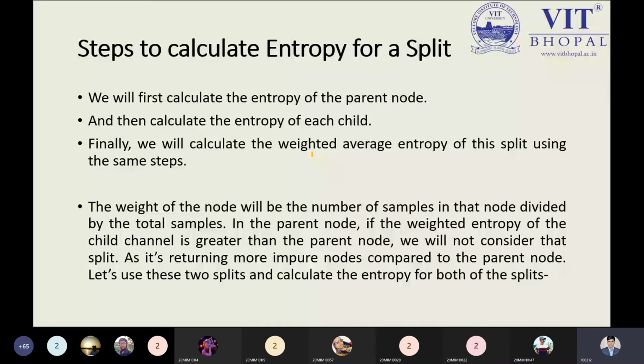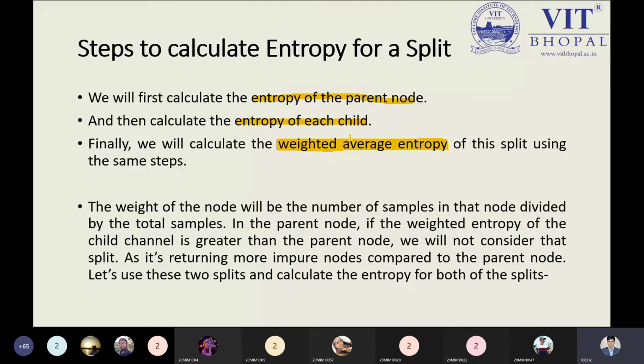So, steps to calculate the entropy for the split. We first calculate the entropy of a parent node, because we don't have a single label, we can have many labels. So at each and every label, you have to calculate the entropy of the parent node, and then calculate the entropy of each child. This is again what we have to do. And finally, we will calculate the weighted average. So first we calculate the entropy of the parent. I can highlight this point, entropy of the parent node. And then we have to calculate the entropy of the child node. And then we have to calculate the weighted average entropy. There is a simple formula, I will tell you, no issue. With the help of it, you can calculate the weighted average entropy.